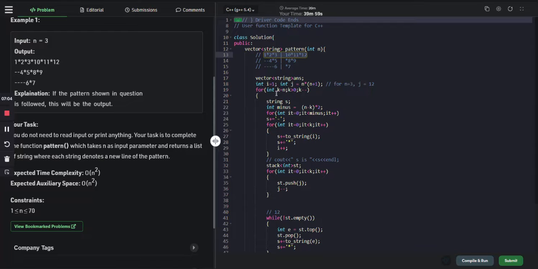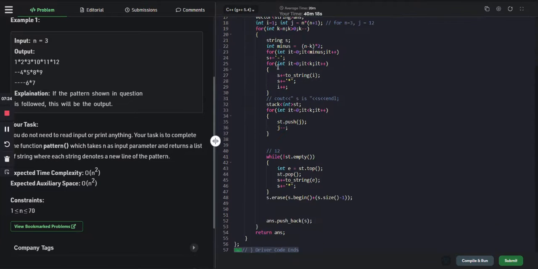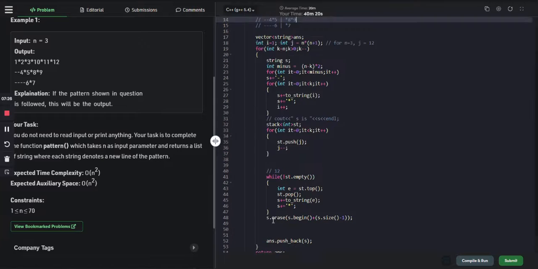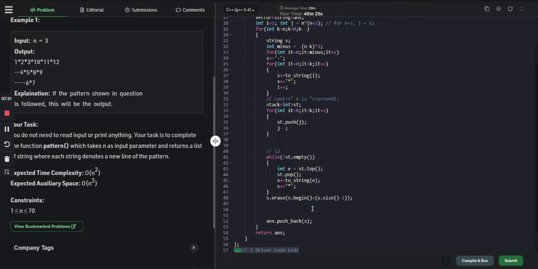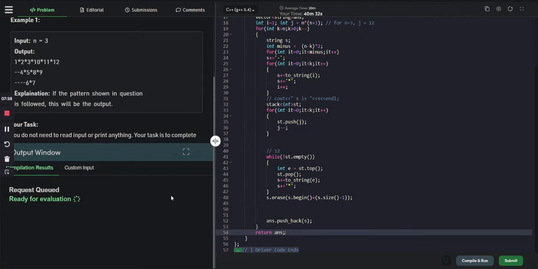Similarly, in the subsequent loops we can have k equals to n minus 1, and then we will initially have these minus signs, then we have i incremented to 4, then we will have 4 and 5, then in the second loop we will use the stack and reverse from 9 to 8, so we will get 8 and 9, and similarly we can get a third line. So that's all we need to do, and like we got this string, then we need to push it in our answer. Similarly, for the subsequent two strings we will again push them in our answer, and simply we can then return our answer. So now if I compile and run this code,